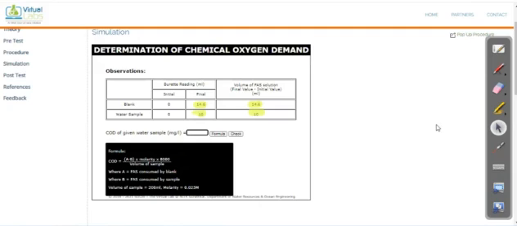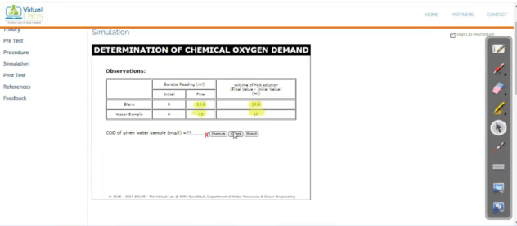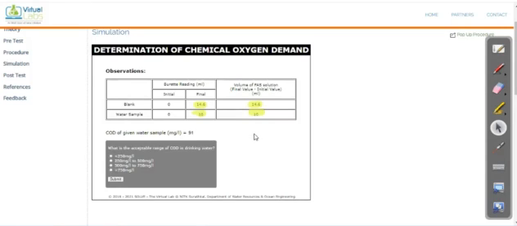So I just blindly added some reading, it might be wrong. So you just check it and see what the value is. For that we have to click on check. If you want to know the formula, then click on the formula. If you want to check whether this answer is correct or not, then click on check. Yes, the answer is wrong because I did not calculate properly. But see here, 4.6, how much? 4.6. Okay, one second, I just check it. The value is 91.